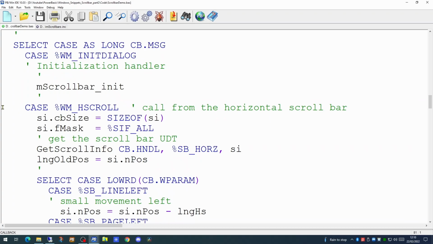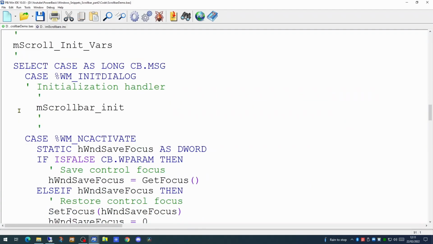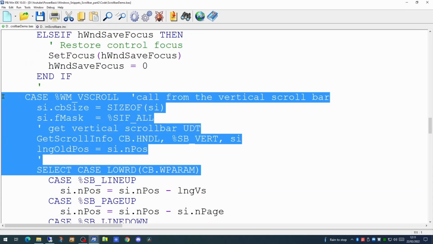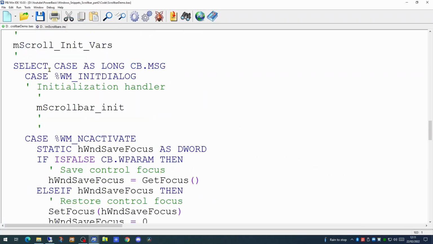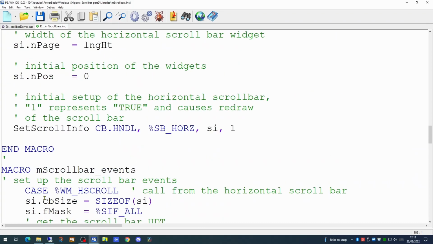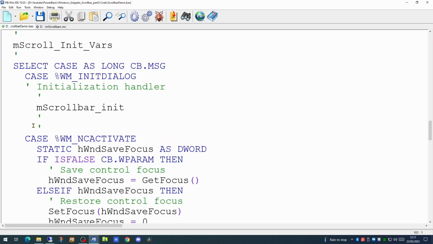We will select all the text to handle the horizontal scroll. We will remove that from our main application code. And we will find the code for our vertical scroll. And we will remove that also. And we're going to paste that into our new macro. So now that we've taken that fair amount of code out, we merely have to take the name of our macro and paste that into our code.